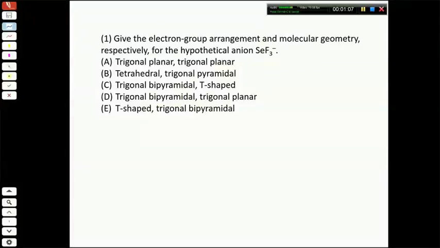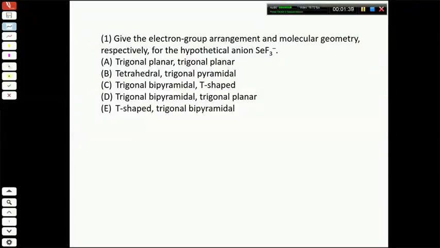So as you'll see in this review, the first 5 questions or so deal with Chapter 4 material, which seems like forever ago now. So Chapter 4 was the chapter that, sort of the last of the molecular structure chapters that we started with, which deals with shapes of molecules and bonding and things of that sort. So this is going to be the stuff that's a little bit different, more qualitative, more conceptual in nature. So the first one deals with electron group arrangement and molecular geometry. So we're going to do that for the hypothetical anion